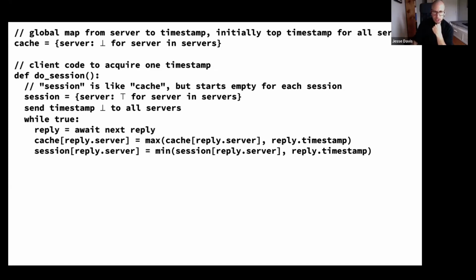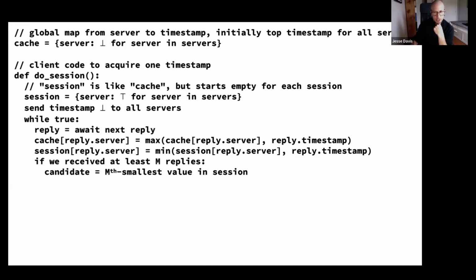I think this is partly just to replace the top timestamp with an actual number whenever one arrives. I think it's weird that if there's an out of order message, like you get a 6 and then a 5, you would replace the 6 with a 5. I don't think that hurts correctness, but it could require more retries, and I don't know why the algorithm works this way.